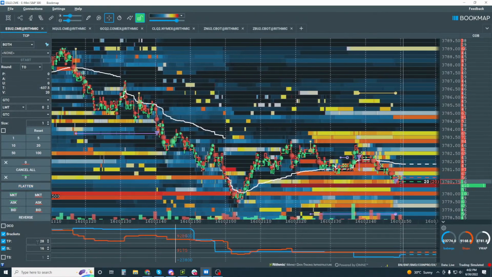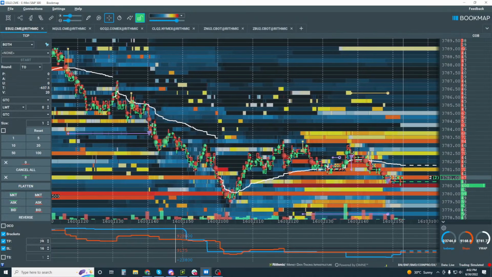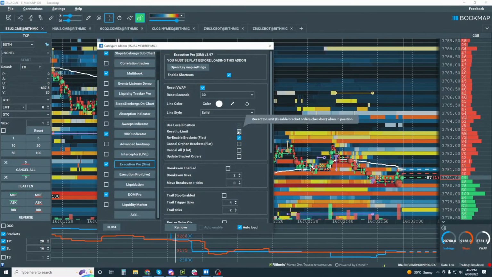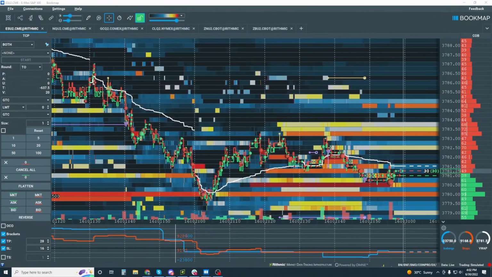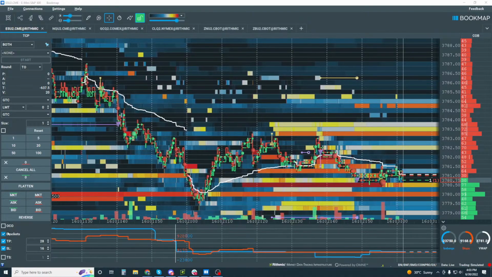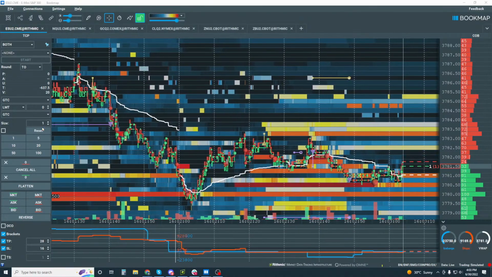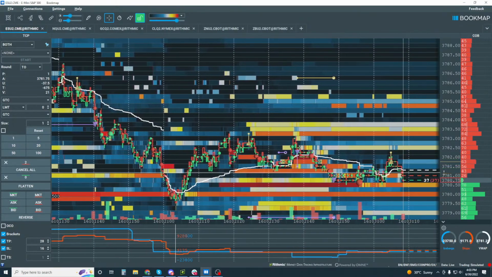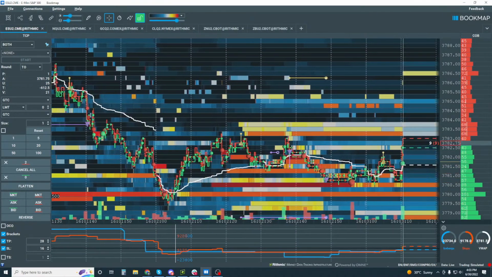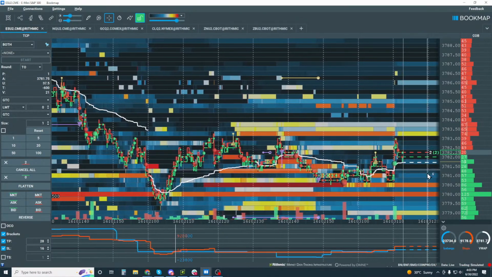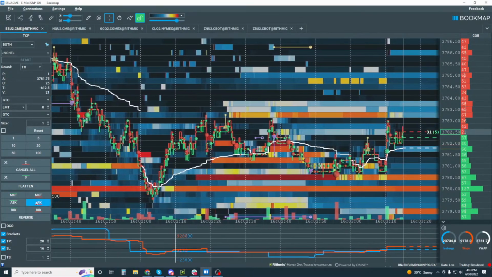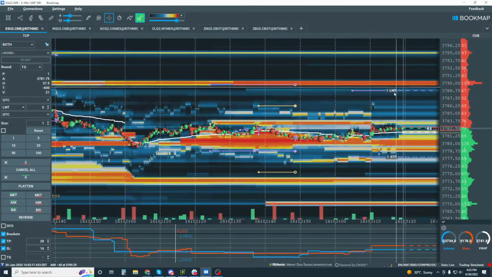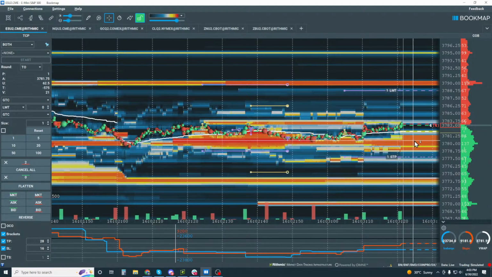Okay, and yeah, you should actually disable reset to limit. This one needs to be disabled. Yeah, that's correct. Okay, so let's do that again. So I've got bracketed enabled, position of 1. Okay, I'm going long, and yeah, okay. So now I have my brackets in here. Okay, here they are. Okay, and then if I go flat,